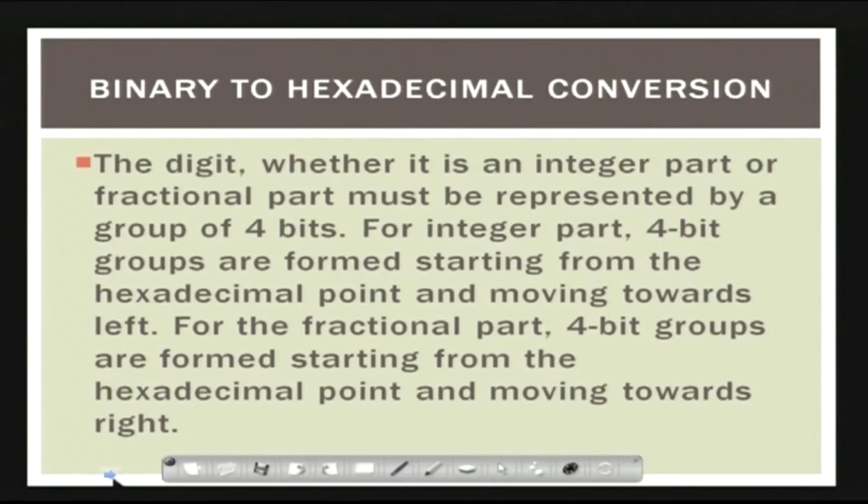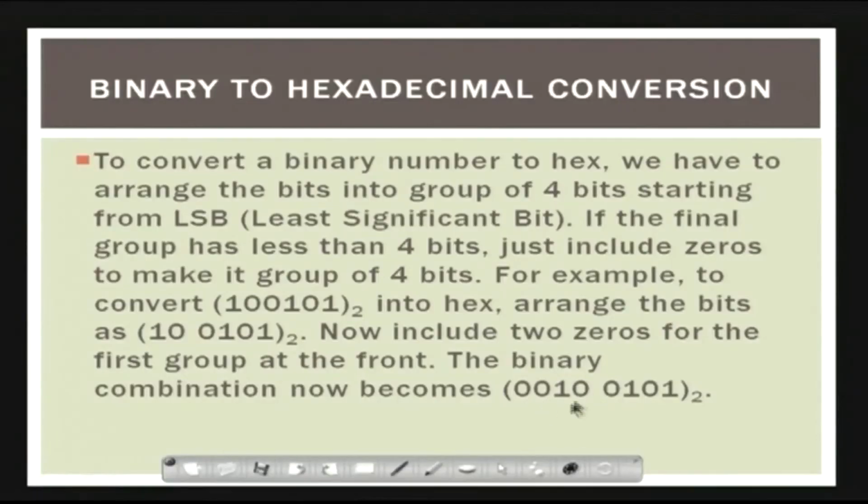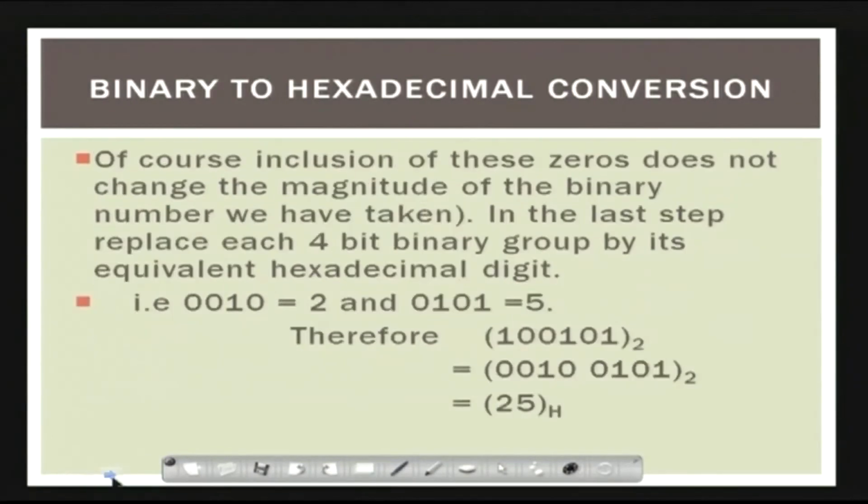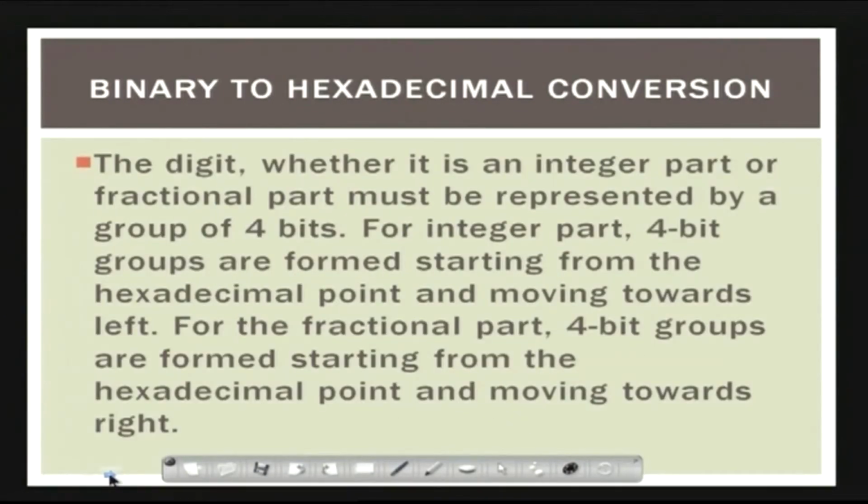The same way, now binary to hexadecimal conversion. Again, as I said earlier, this is very important: we have to form a 4-bit number. Without a 4-bit number, we cannot do it. The example is shown here, and when we convert binary to hexa, the fractional parts, from the binary point, we always have to go to the right.